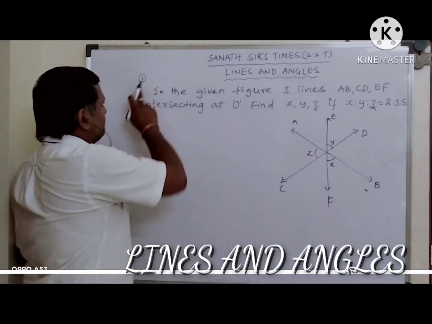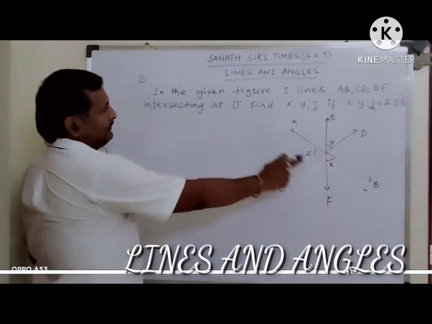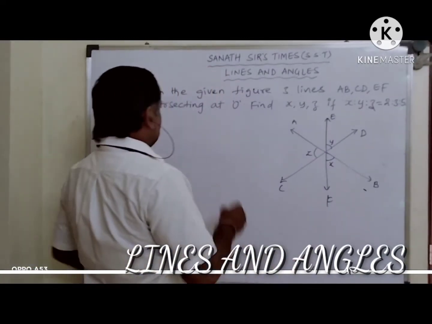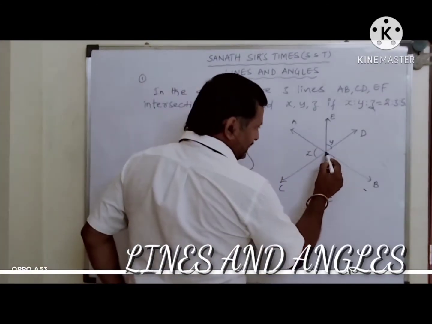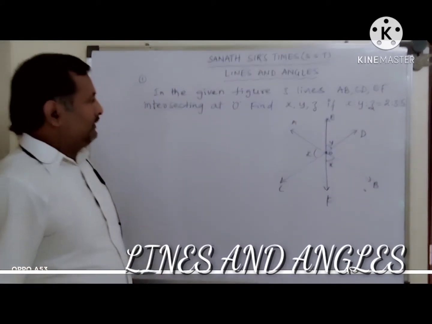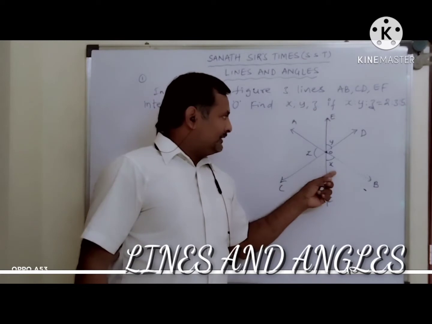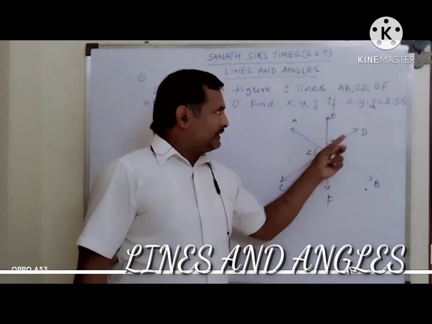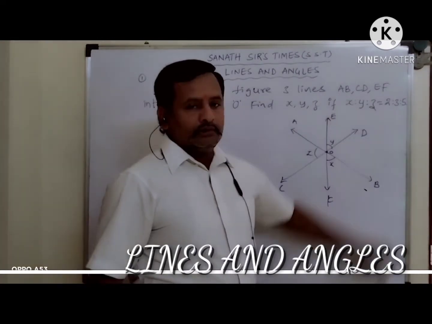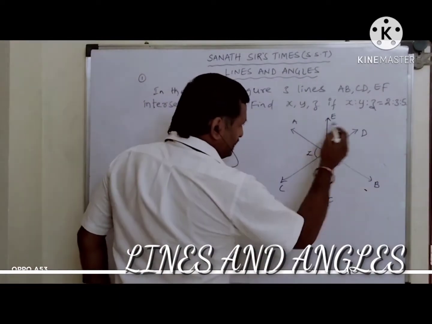Look at question number 1. In the given figure, there are three lines AB, CD and EF intersecting at the point O. It is asking you to find x, y, z. These are the angles x, y, z, given as the ratio x is to y is to z as 2 is to 3 is to 5. Now, when you look at these angles,